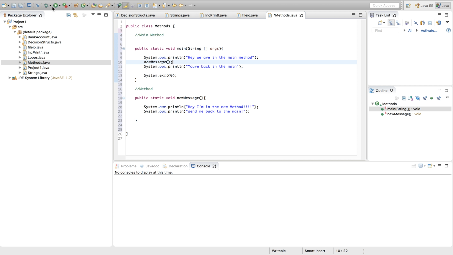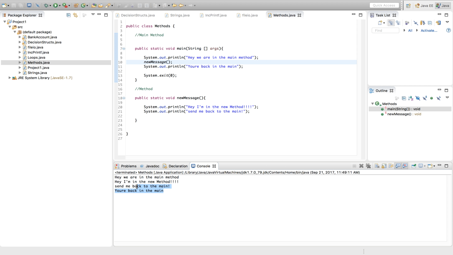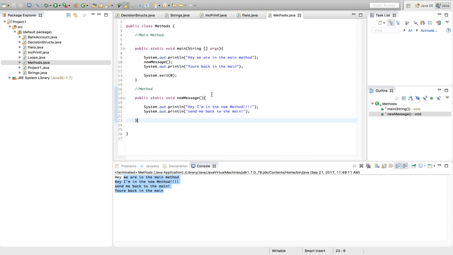So we'll just start by printing this out. If you look at the output, we start with the system print line, hey, I'm in the main method, and then it calls this method, prints out these two, and then it comes back and executes as it does normally, and then it says you're back in the main. So we see that we can now break stuff down, and we can now have another method, newer message,